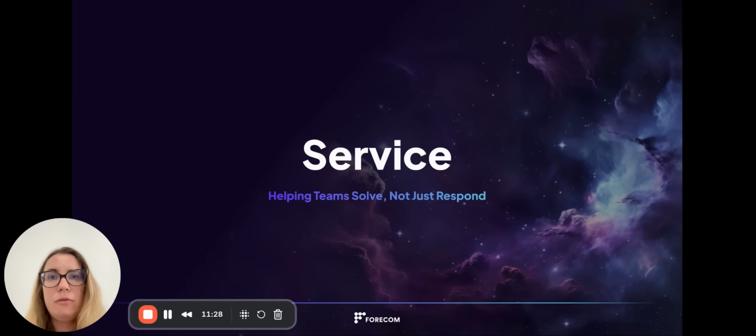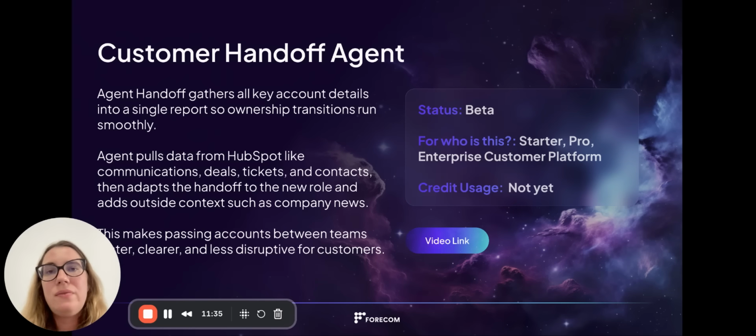Now we are going to look into the service. When it comes to service, we have different agents. Basically, we have a customer handoff agent. Imagine that this agent works between a salesperson who just finished the purchase and the CSM who is taking over. So the CSM who is taking over can come to the customer handoff agent and say, I'm a new CSM, please create me a